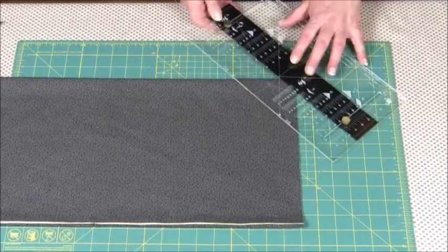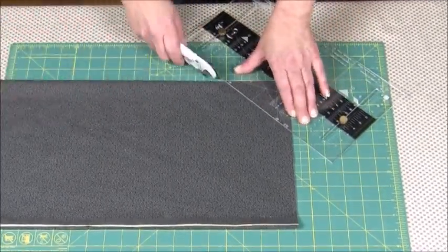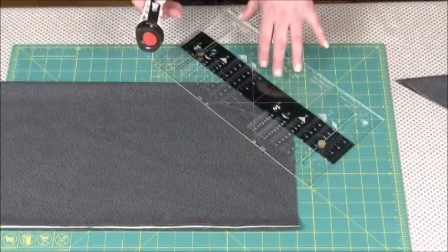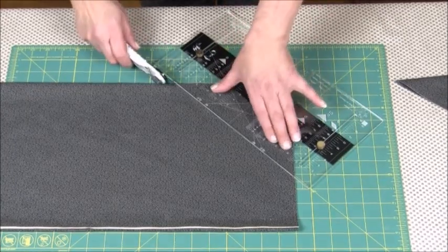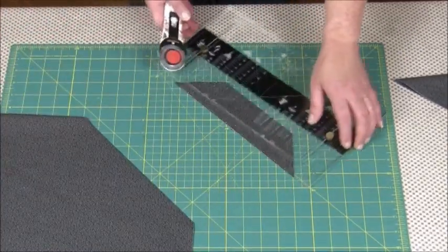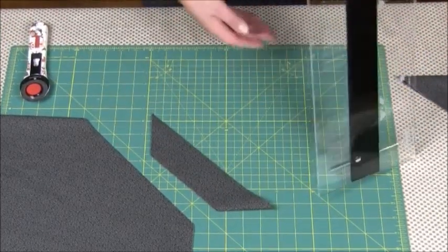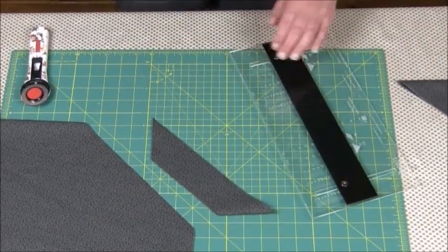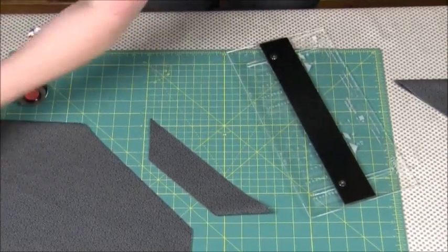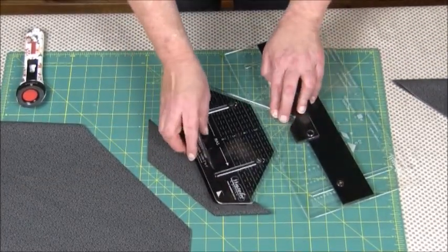And we will use the 45-degree line to cut our bias strips. Cut the required number of bias strips. With our strip cut, we now need to cross cut it, so we'll tip the ruler upside down, take our triangle and our setting guide,